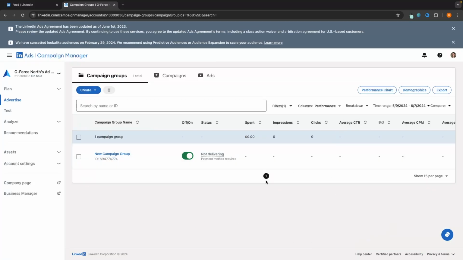Now, inside of the ads account, this is basically split up into three different sections. So we have campaign groups, and then within the campaign groups, we have individual campaigns, and then within the campaigns, we have ads. So basically, imagine these like folders. We have ads within campaign groups. So the first thing that we are going to do is actually go ahead and set up our first campaign